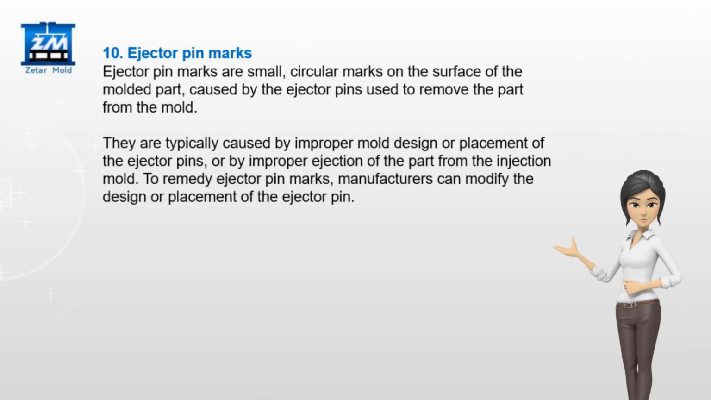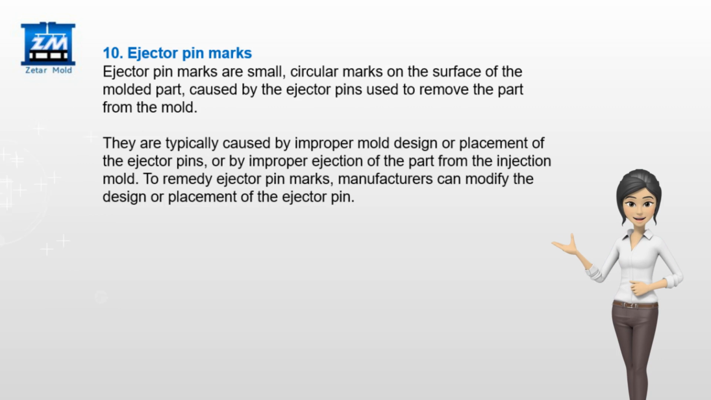Ejector pin marks are small, circular marks on the surface of the molded part, caused by the ejector pins used to remove the part from the mold. They are typically caused by improper mold design or placement of the ejector pins, or by improper ejection of the part from the injection mold. To remedy ejector pin marks, manufacturers can modify the design or placement of the ejector pin,